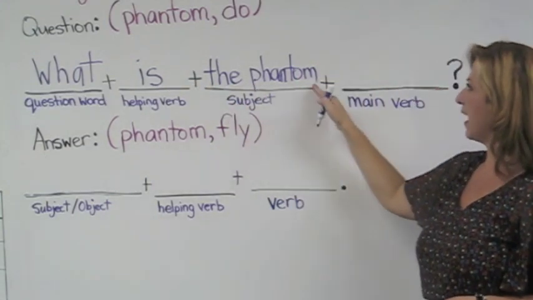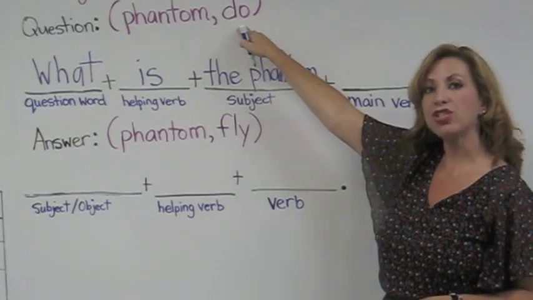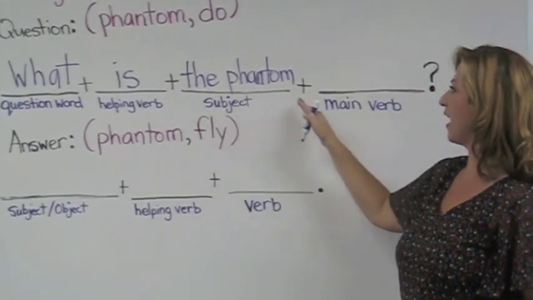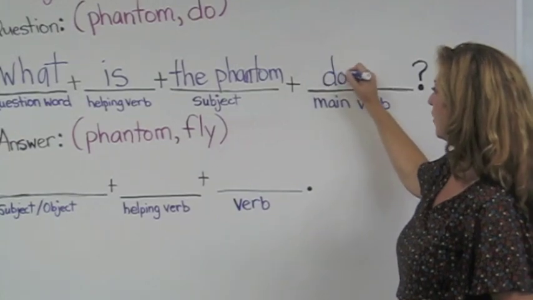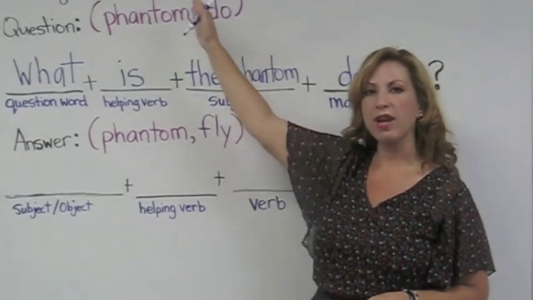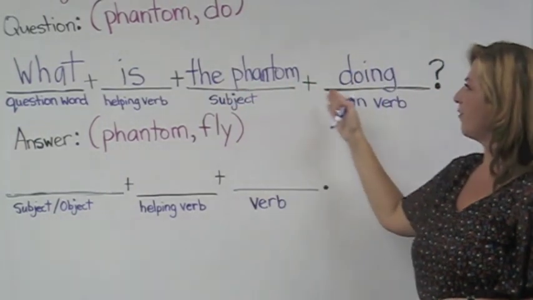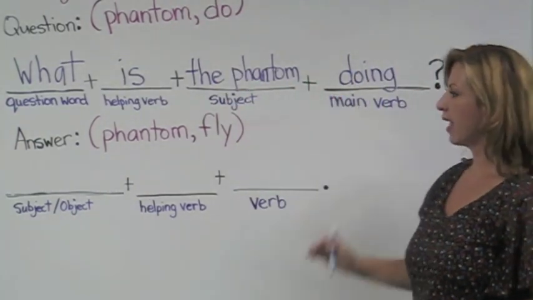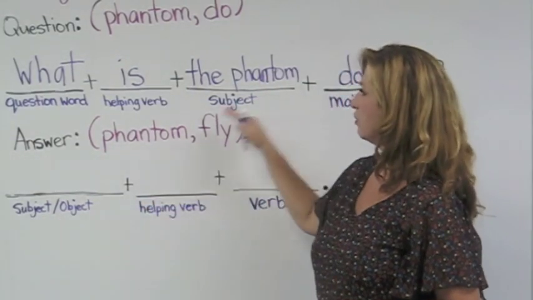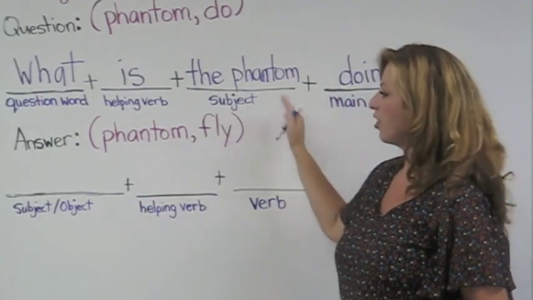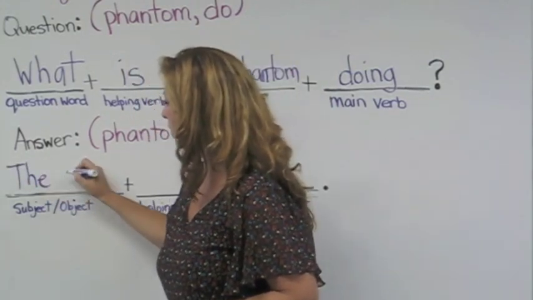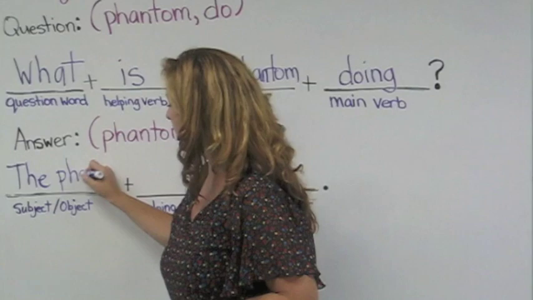What is the phantom? Our main verb is to do, so we have to conjugate. What is the phantom doing? So it's in the progressive form. What is the phantom doing? Now we're going to need the subject. Our subject is the phantom, just as it was in the question, the phantom. We begin with a capital. The phantom